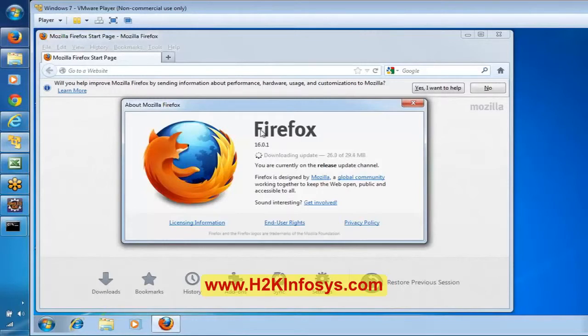The version of Firefox on this machine is 16.0.1. Why is it downloading them? See here, it is saying an update. We'll see what it does. However, if you observe here, the version of this Firefox is 16.0.1.